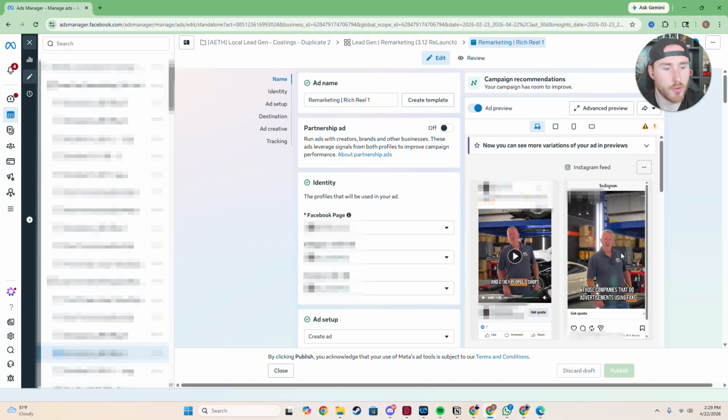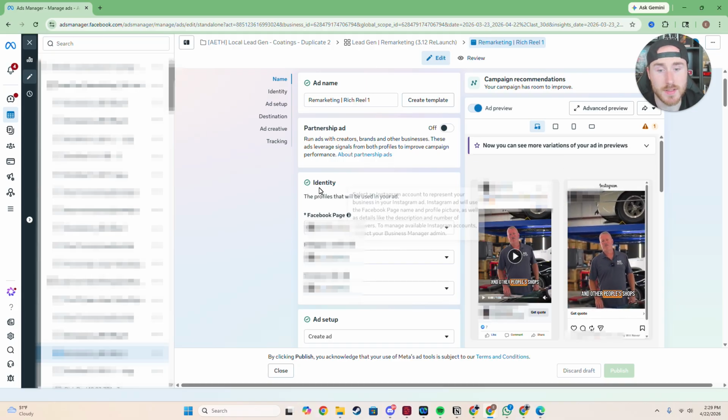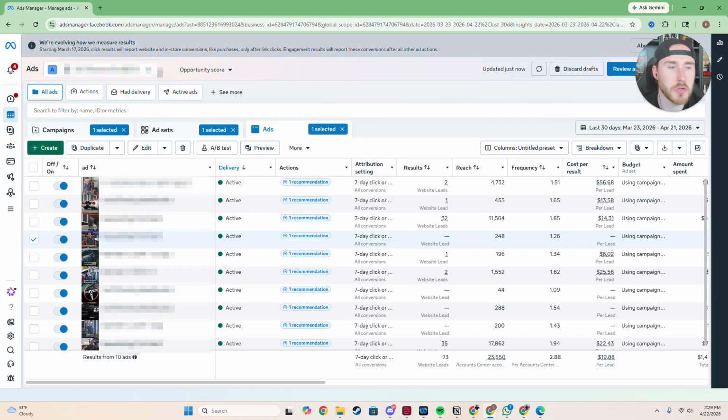Boom, boom, going around the shop, captions on it. Real simple stuff. The ad copy is decent too. I'm not going to really show you the ad copy on it. Ad copy matters. 5% of your results will come from the ad copy itself. It's not a big needle mover. The 80% of your results are going to come from that video ad you're using and the page we're taking